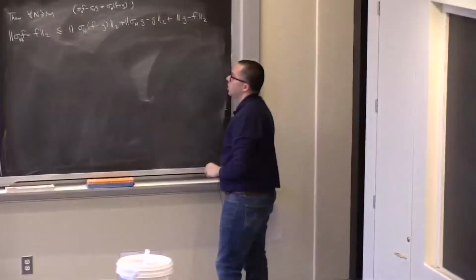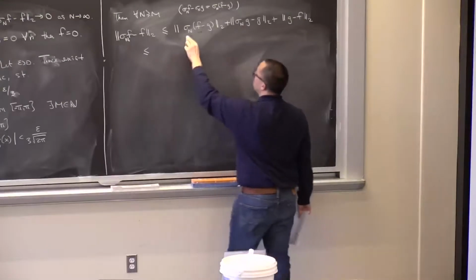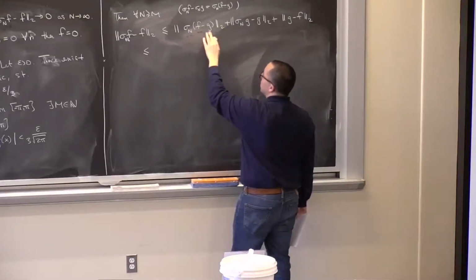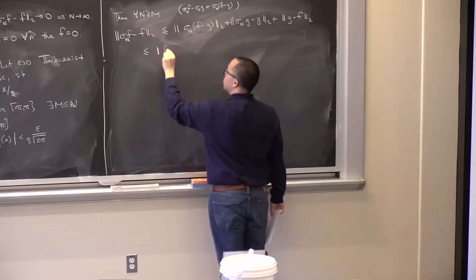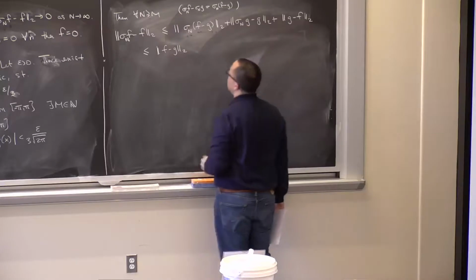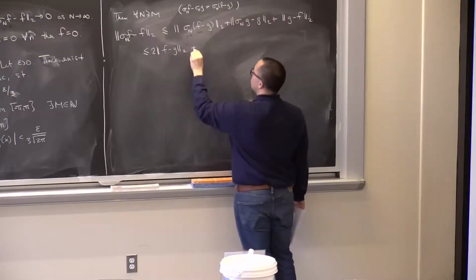Now, by the bound I just proved, the L2 norm of the Cesaro mean is less than or equal to the L2 norm of the function. So this is less than or equal to the L2 norm of f minus G, and I also have the L2 norm of f minus G there, so I'll put a 2 there, plus,